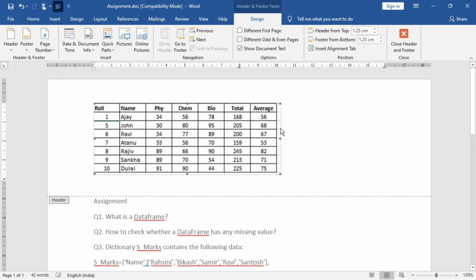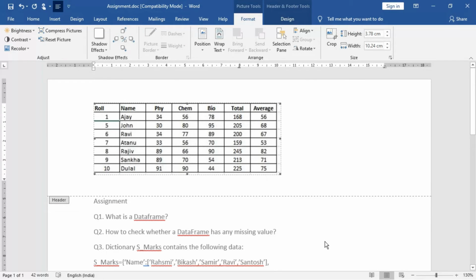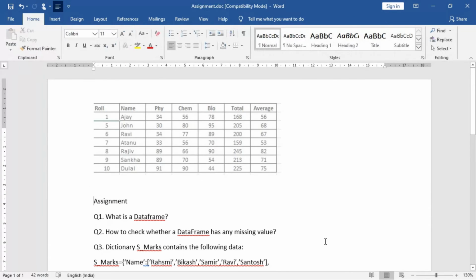So what will happen? A picture will be inserted in the header area. Once completed, you can press escape. All right. So this picture will be added into your heading area. Fine. That is the thing. Clear? So in this way, you will be able to insert a picture into your header. All right. So then do the practical on header. Next, I will demonstrate to you the footer and how to insert a footer and all.